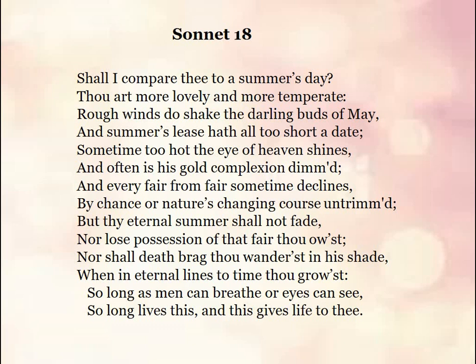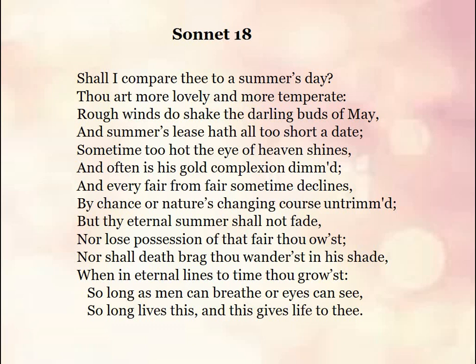In India, especially in Tamil Nadu, we hate summer season, but in UK, the summer season is usually welcomed because they always have snowfall and during summer season it will be very pleasant. So they welcome summer season. Because of that, Shakespeare has compared his beloved to a summer's day. So we'll go into the explanation of the poem.